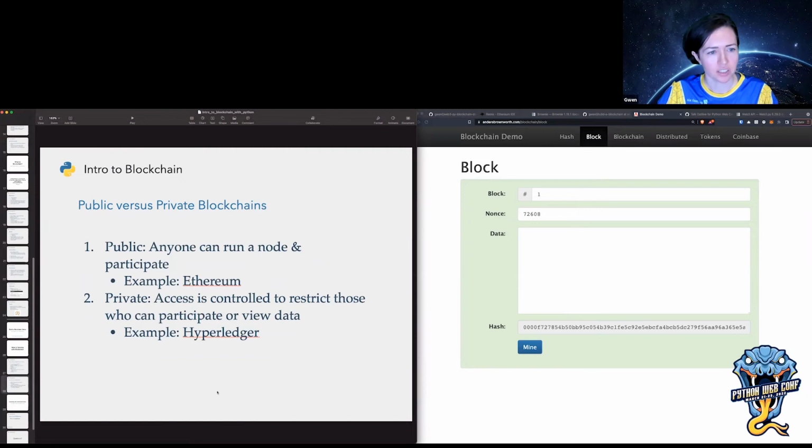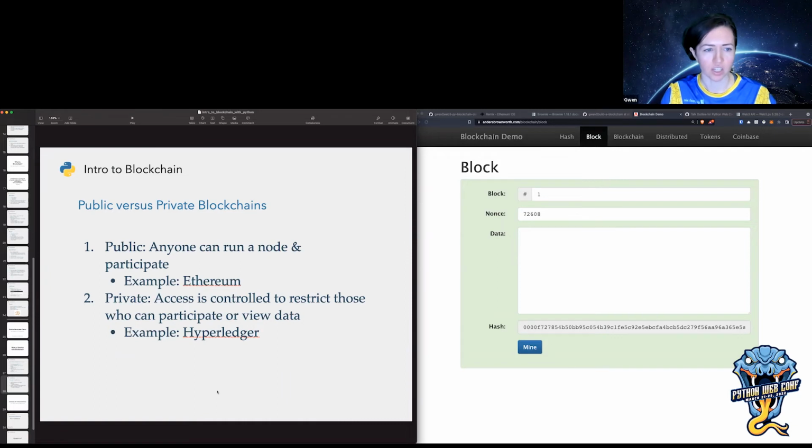Okay, yeah, I just wanted to touch on public versus private chains. So I've been talking about public chains, where anyone can participate in the network, but there are also private chains. When you see a lot of business success stories in blockchain, like Walmart supply chain, those are examples of private chains, and they control who can participate or view data in the network.